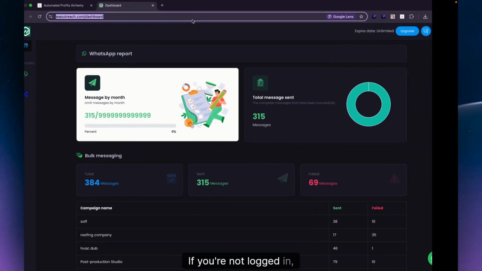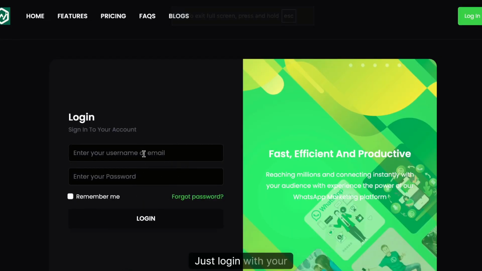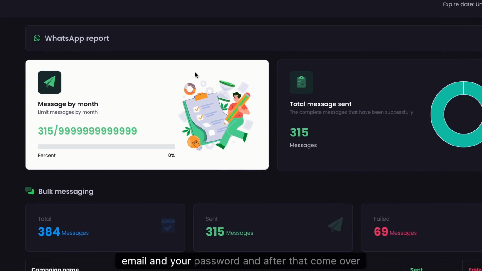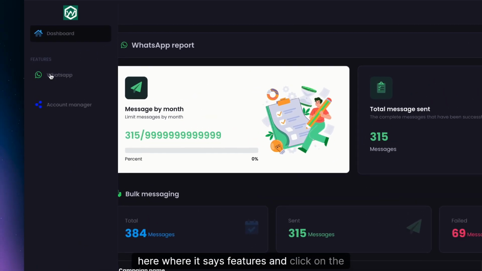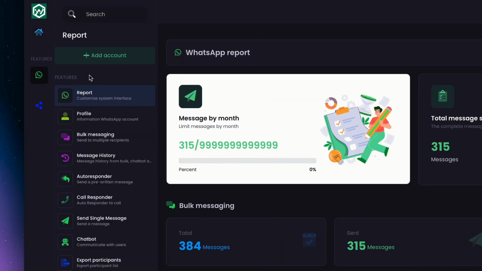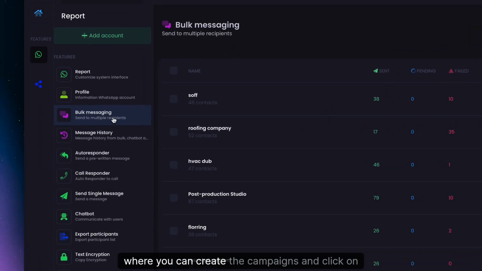If you're not logged in, you can log in over here. It's a pretty simple and straightforward process. Just log in with your username, email, and your password. And after that, come over here where it says features and click on the WhatsApp button. After that, once you're over here, click on the bulk messaging thing over here where you can create the campaigns